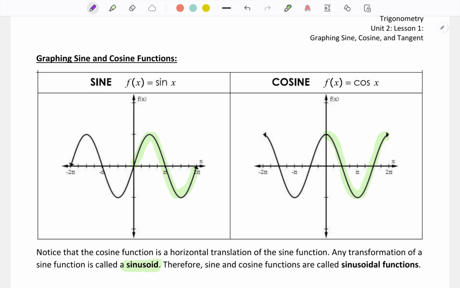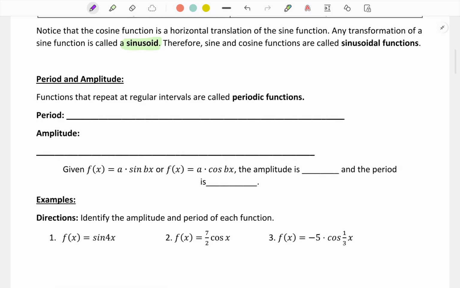So this is what is known as period. So as long as it takes for the function to start to repeat, and then how deep and how high those hills go, that is what is known as amplitude, which will be on other parts of the notes, but while we are here, that is what we are talking about. So for period and amplitude, since we are dealing with periodic functions that do repeat, the period is